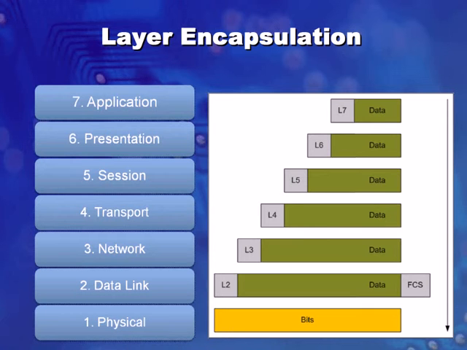Let's say it's something simple like Google, right? So I've opened up my browser, it's made a request to the Google website, and it wants to get the Google page. So that'd be the data. Now the application header there, that layer 7 header, is really how the application, in this case our browser, is going to format that data as a request. So this would be the equivalent of an